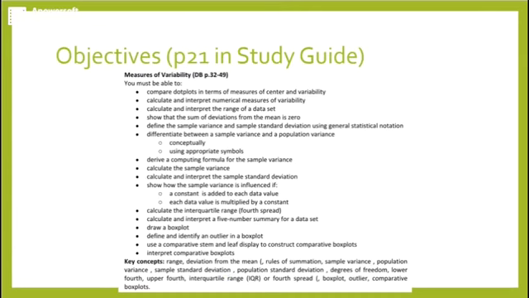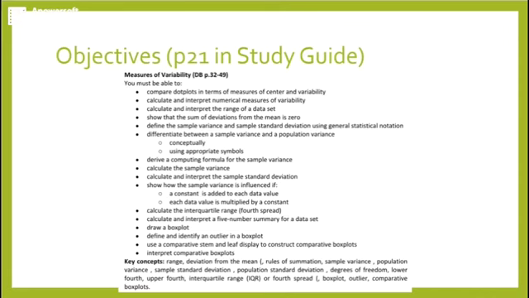After this lecture, you should be able to compare dot plots in terms of measures of center and variability, calculate and interpret numerical measures of variability, calculate and interpret the range of a data set, show that the sum of deviations from the mean is 0, define the sample variance and sample standard deviation, differentiate between a sample variance and a population variance, derive a computing formula for the sample variance,